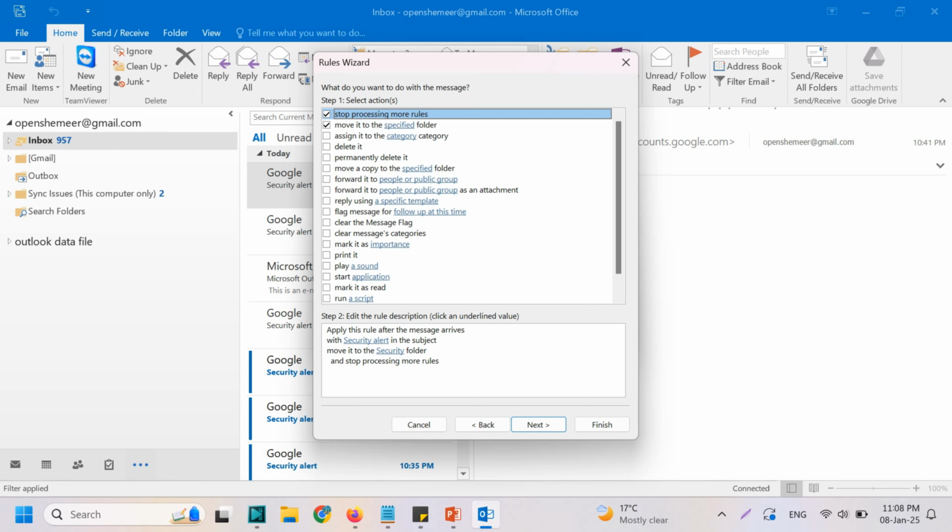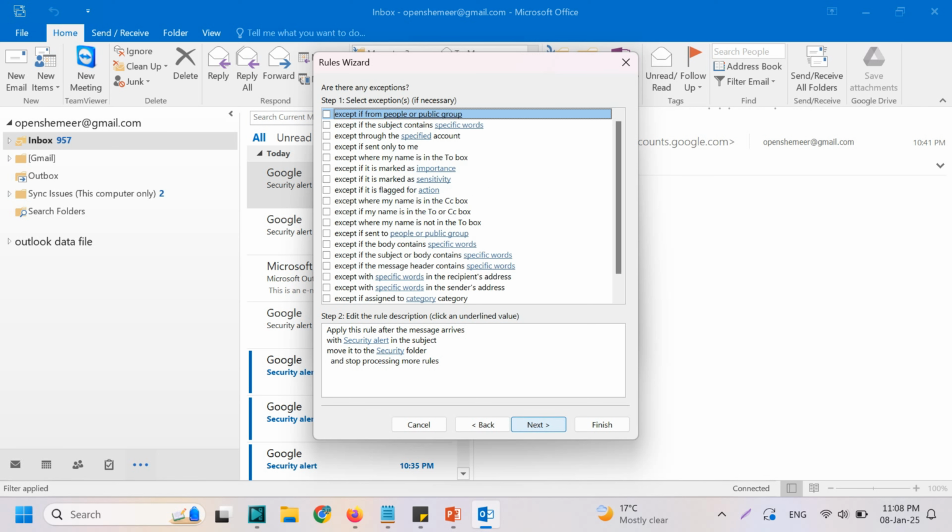What do you want to do with the message? Stop processing more, move it to the specified folder. That's it, and click on next. You can also make exceptions if you want. Here I'm not going to make any exceptions. Click on next,